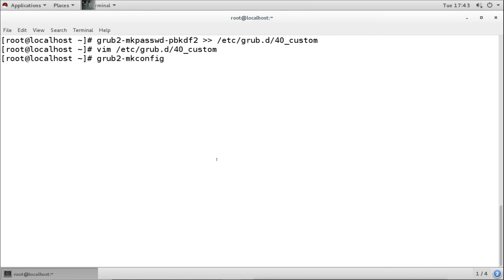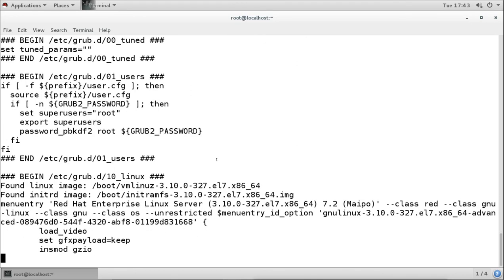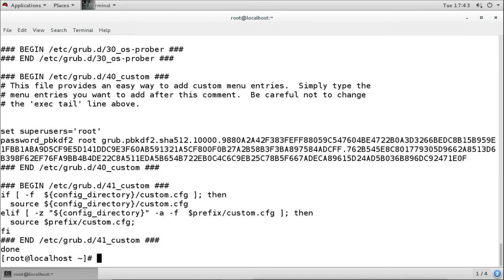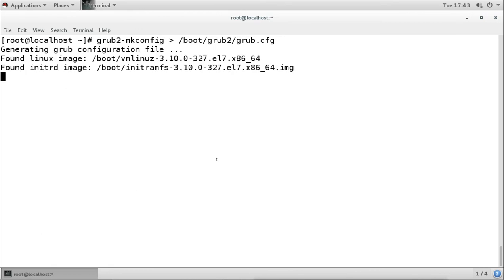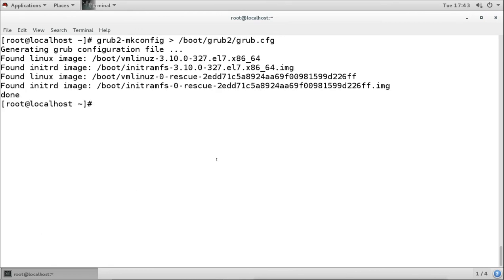First I will run it directly to see the output without any error. So there is no error, everything is right. Now I will redirect this to the main configuration file, that is under /boot/grub2/grub.cfg. And this is how we configure the secure password for our grub.